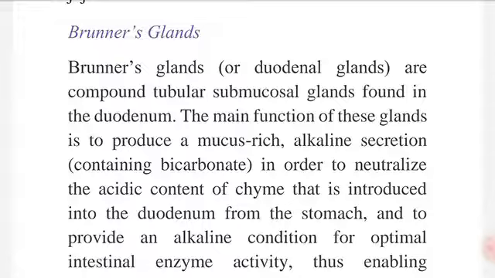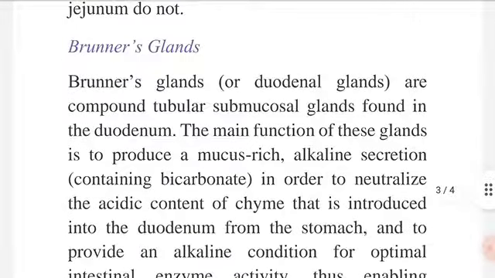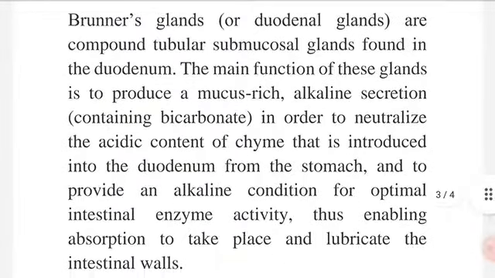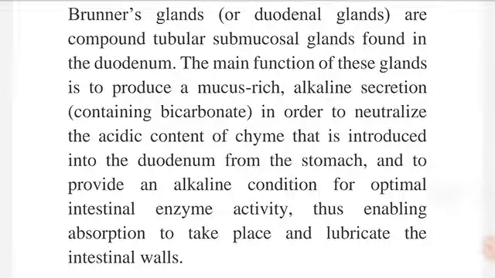Now, Brunner's glands and Peyer's patches are present in the small intestine. So, let me tell you, Brunner's glands, also called the duodenal glands, are compound tubular submucosal glands found in the duodenum. The main function of these glands is to produce a mucus-rich alkaline secretion in which bicarbonate is also present in order to neutralize the acidic content of chyme